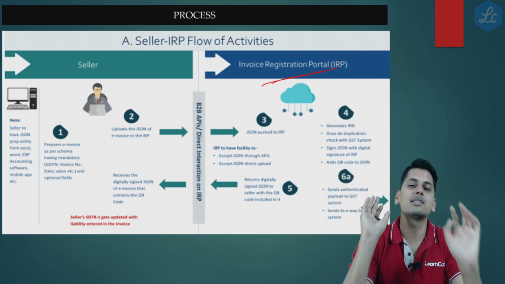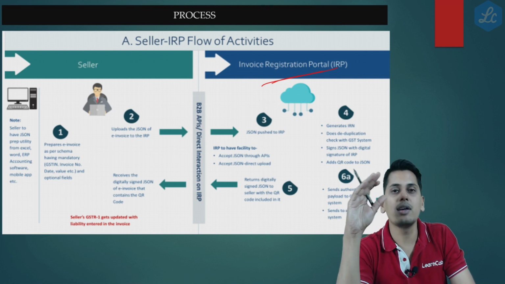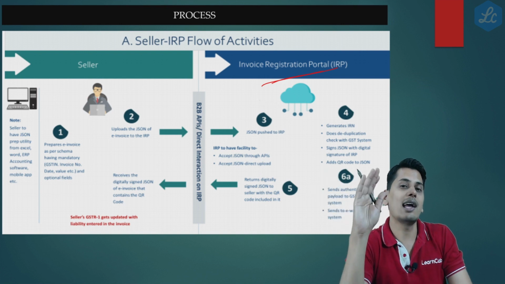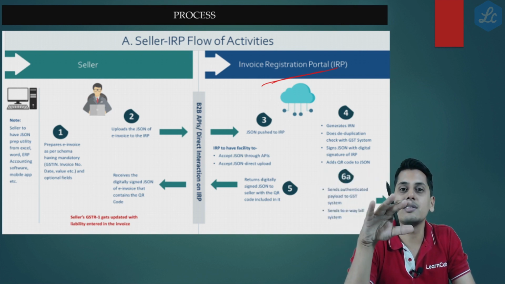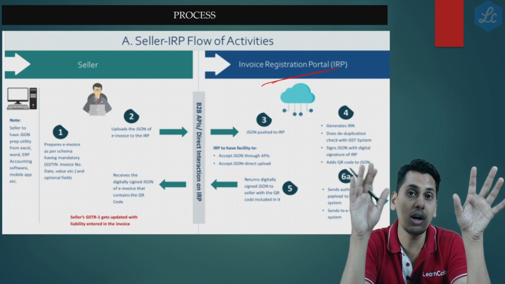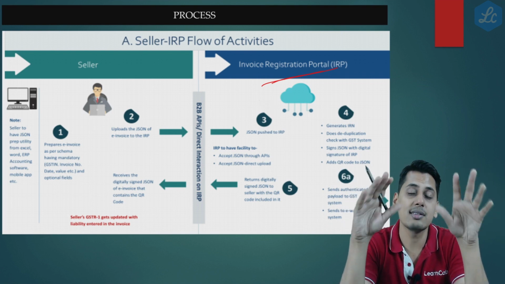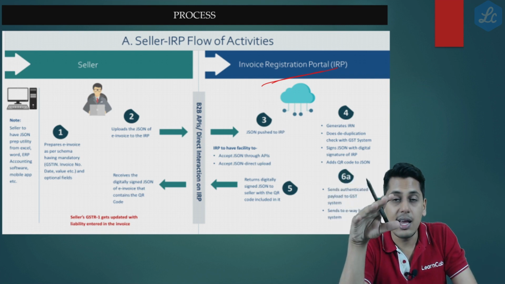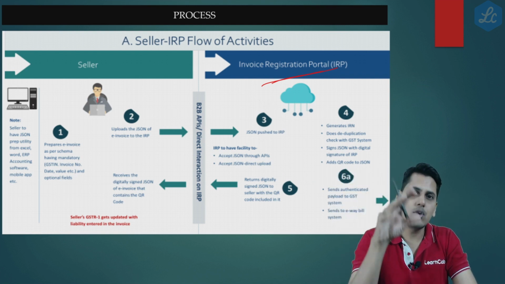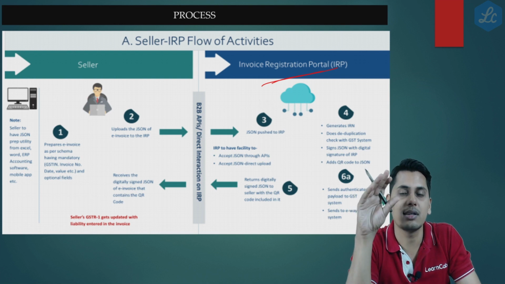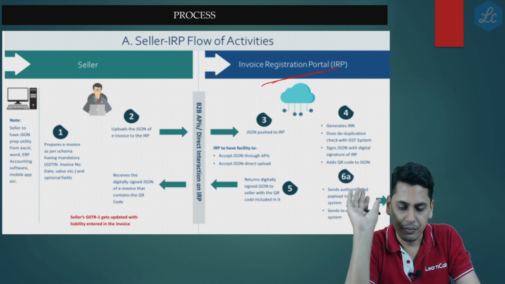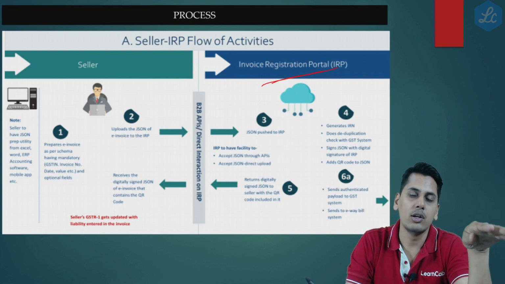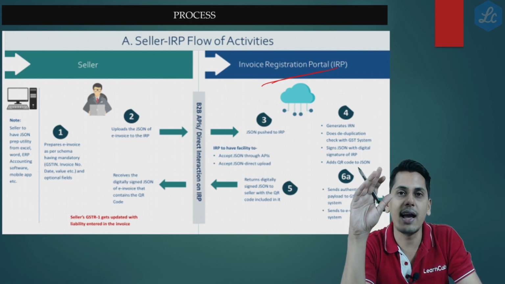I repeat, the process is that this invoice registration portal will carry out a deduplication check with the GST portal, and after being satisfied that yes, this invoice is unique for this financial year, the details have not been repeated, in that case it is going to digitally sign this and return back the digitally signed JSON along with the QR code, and that QR code will have an embedded invoice reference number in it. So friends, this process is being done. The invoice comes back to the person who has filled form GST INV01.